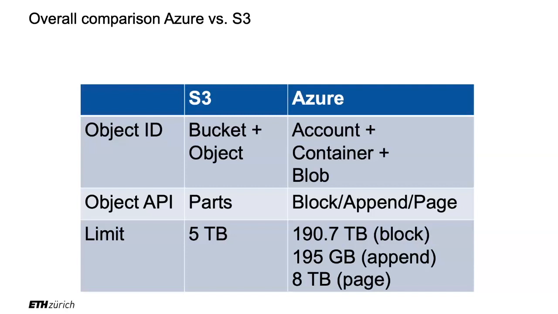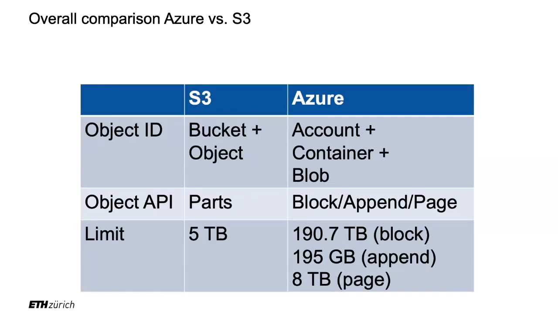Think of your email address, for example, and then a container that would be the equivalent of a bucket, and then a blob, binary large object. It's blob. So account, container, and blob. If you consider that a bucket is a bit like a container, the only difference is that in S3, the buckets are worldwide. You cannot have two people naming two buckets the same. But in Azure, within the same account, you need different container names, but worldwide, it's no problem if two customers have the same container name, because the account is also used to identify the object.